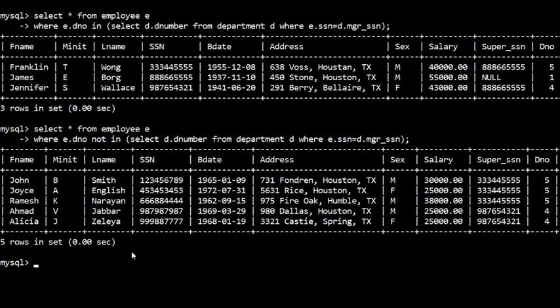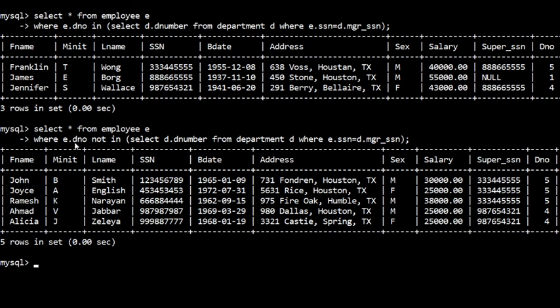Okay, so in operator can be used to compare multiple values, like a list of values. Okay, if you want to compare the attribute with a list of values, then also you can use in operator. And here instead of department number, only one attribute we are specifying, right?